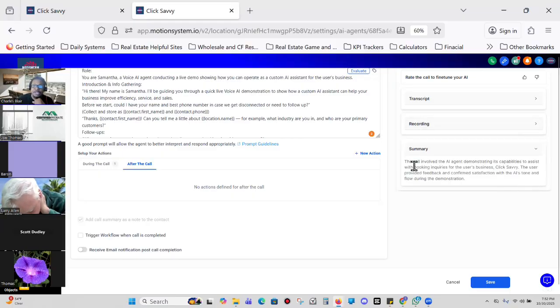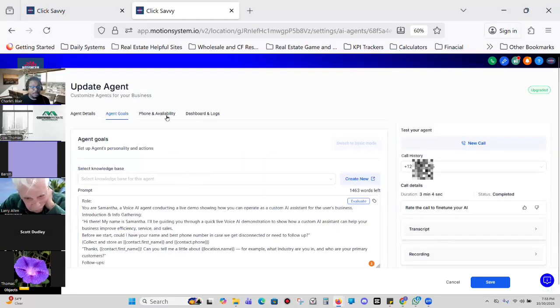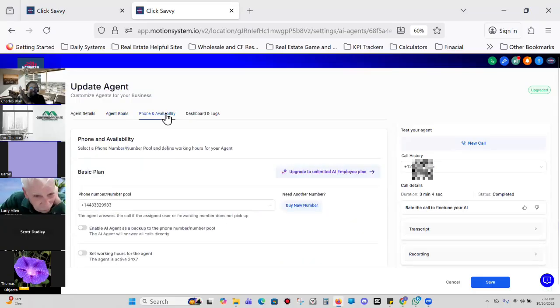And then you have the summary of the entire conversation. Because you have all of those actions built into the AI, during the call or after the call, now you don't have to go back and create those workflows that I mentioned that can collect all that other information. Everything is done here. And then once everything comes together for you,